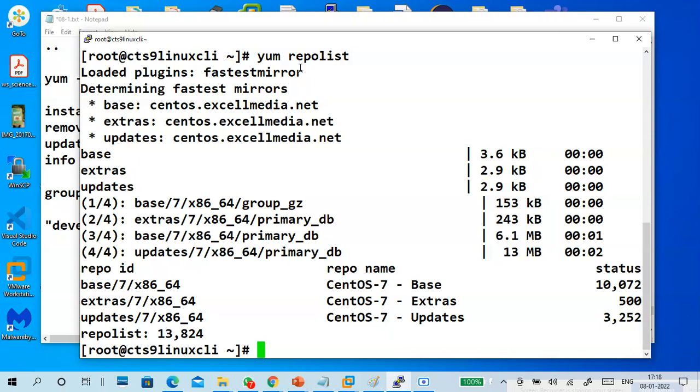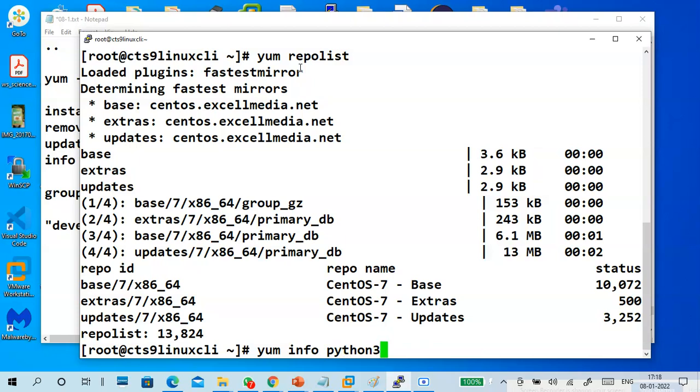Okay, yum repolist. Next, I want to install some packages. Which one is better? Like Python 3. I want to install. Whether it is there or not, any package you can install, no problem.